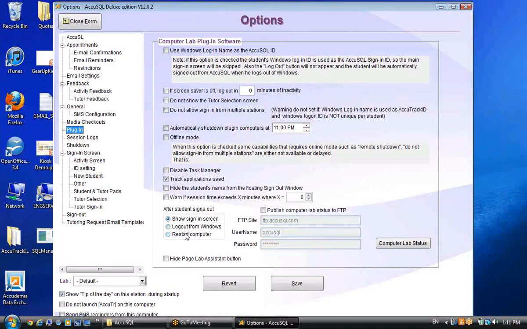I can make rules about what happens when the student logs out. Does it log them out from Windows? Does it just go back to the Computer Lab sign-in screen? I can even restart the computer if I want to. I can publish my status, my Computer Lab status, if I want to, to an FTP site. Let's see, I've got,